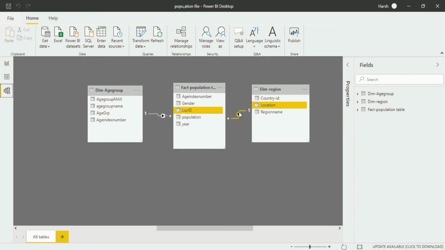But how to edit this relationship is also something you should always remember, because sometimes you make a mistake while making a relationship. For that you have to go into Home, and in Home you will see Relationships. There you have to click on Manage relationships. When I click on it, a box appears which shows add, edit or remove relationships between tables. I will click on it.